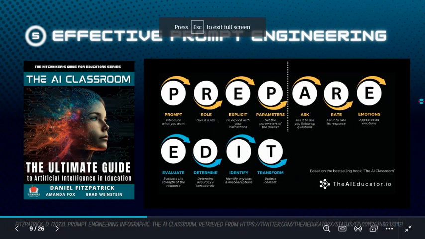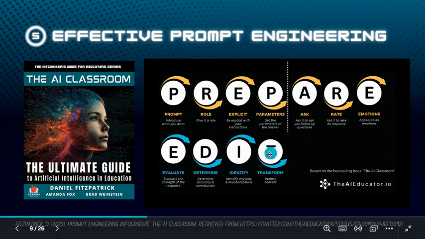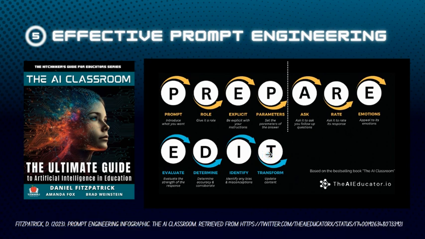Okay, welcome back. This is session one, part three, and we're talking about prompt engineering. On my screen, I am sharing with you Dan Fitzpatrick's AI classroom book and also an infographic or acronym of how he approached prompt engineering. Dan Fitzpatrick was actually one of the first people on the scene who started playing around with AI for the classroom and saying, hey, we need to have a specific structure when we're using AI or Gen AI